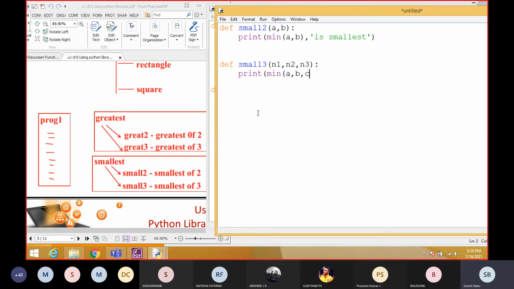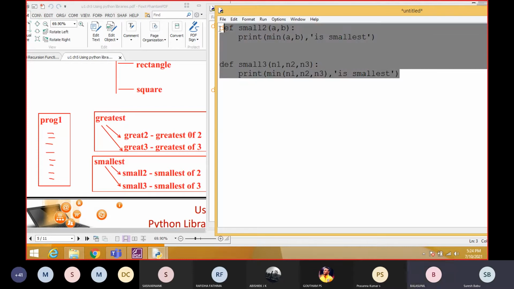Instead of a, b, c you can use n1, n2, n3. We process this, and anyway it will show one value, and that is the smallest one. Understood, students? Yes, that's all the smallest module.